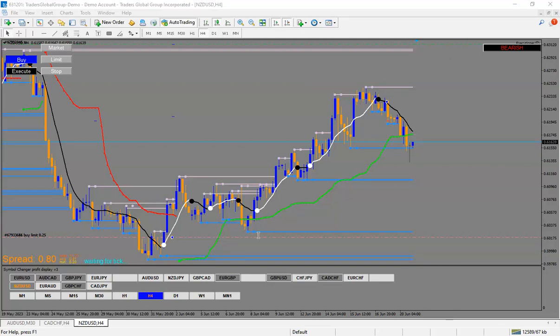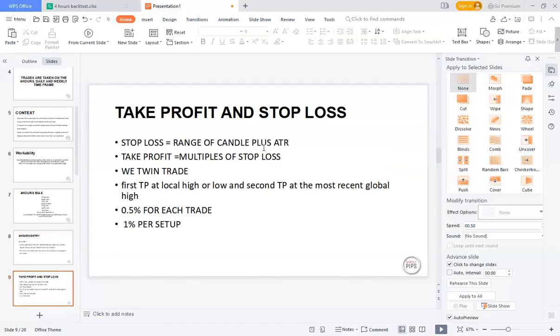So our stop loss is range of candle plus ATR, and we already have our fib setting. We use mostly simple pips. So that's what I use, a multiple of stop loss. I twin trade: my first TP at the local high and second TP at the recent global high. But when I say first TP at local high, it means that